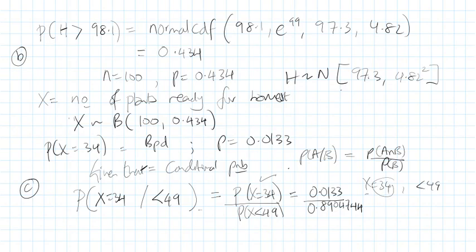Okay. So you need to remember. So I need to remember to do 1 minus binom CDF of 100, 0.434, 48, because when x is less than 49, 1 minus binom CDF, when x is greater than 49, binom CDF. So if it was just greater than 49, I would just put